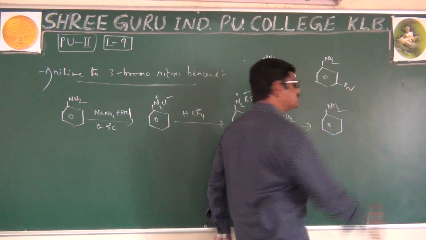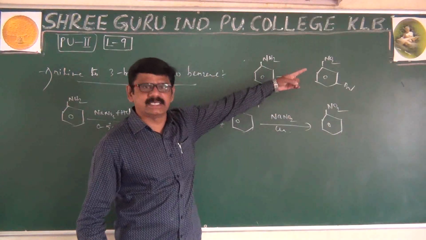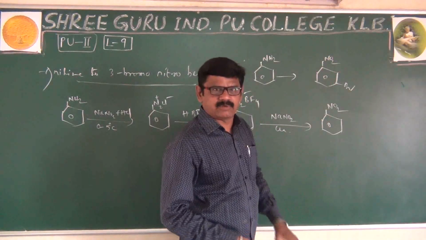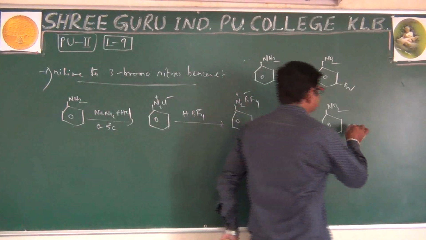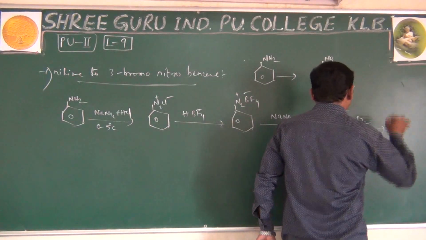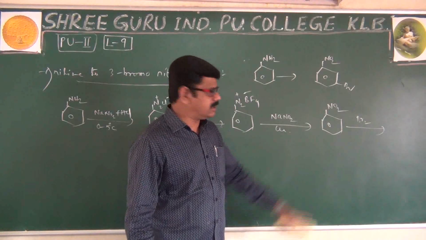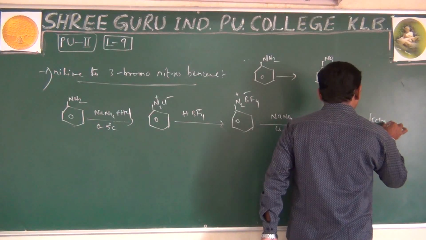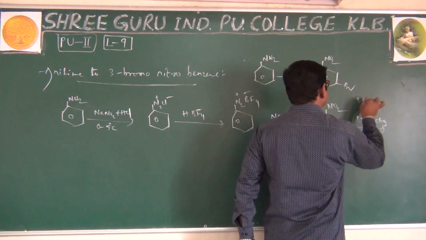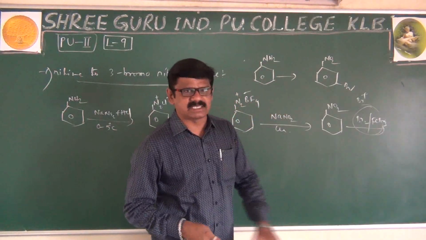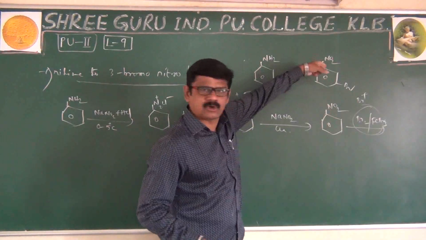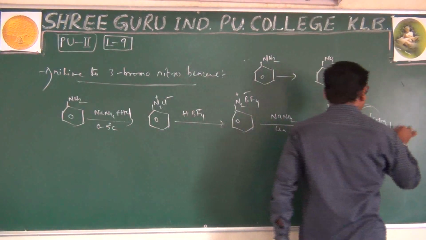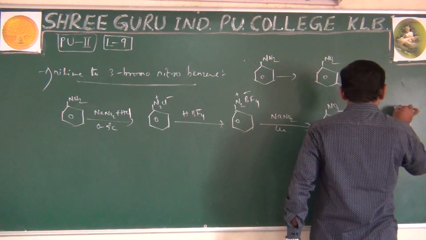Of course, nitrogen is obtained, but a meta-bromo is needed, and already known to you, nitro is an electron withdrawing group. When nitrobenzene undergoes a bromination process in the presence of Lewis acid FeBr3, an electrophile is generated, that is Br plus. Where will Br plus go? Nitro is an electron withdrawing group as well as a meta director. Therefore, it is going to react at the meta position only. We get meta-bromo-nitrobenzene.